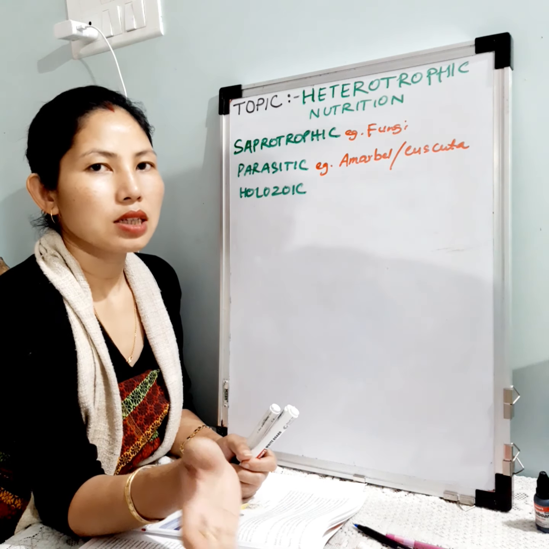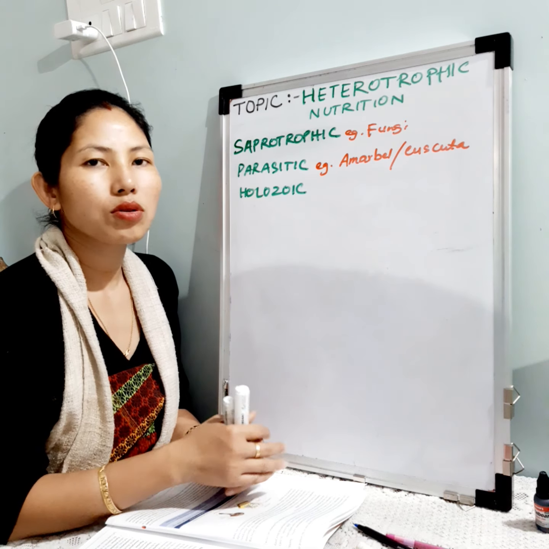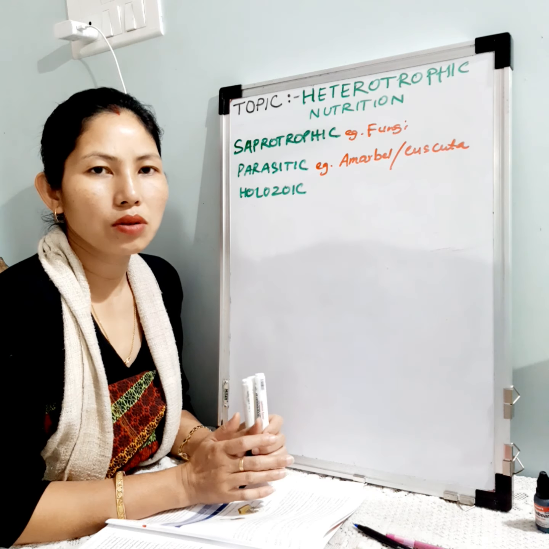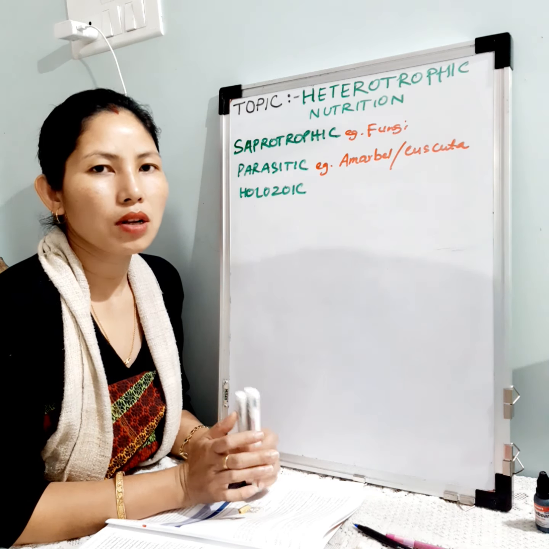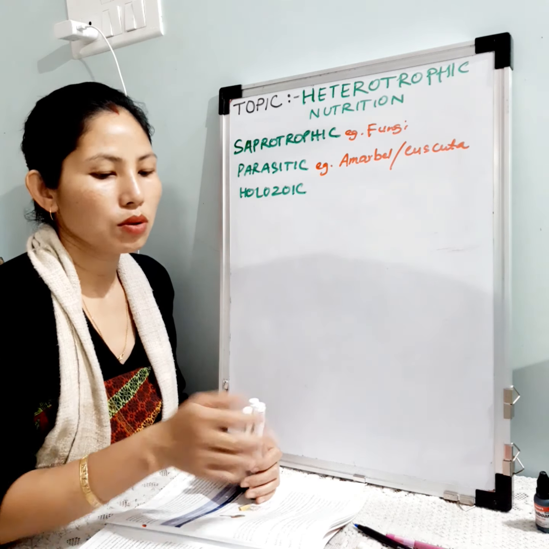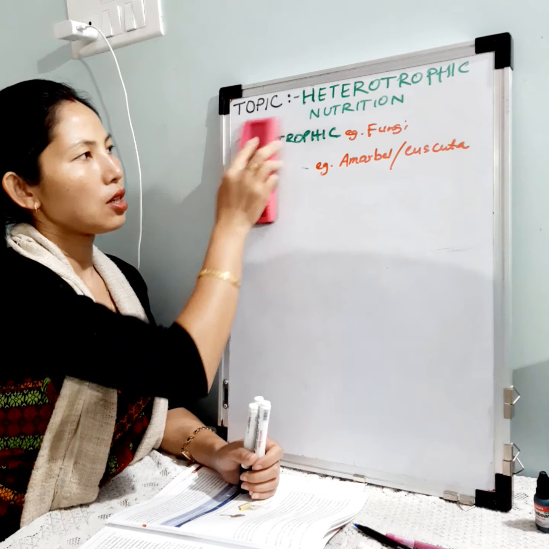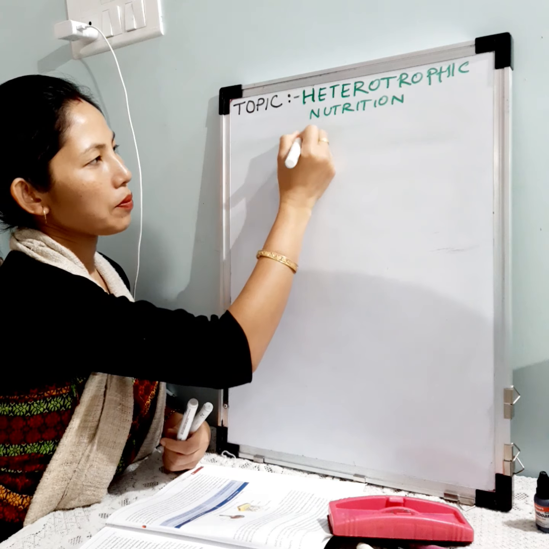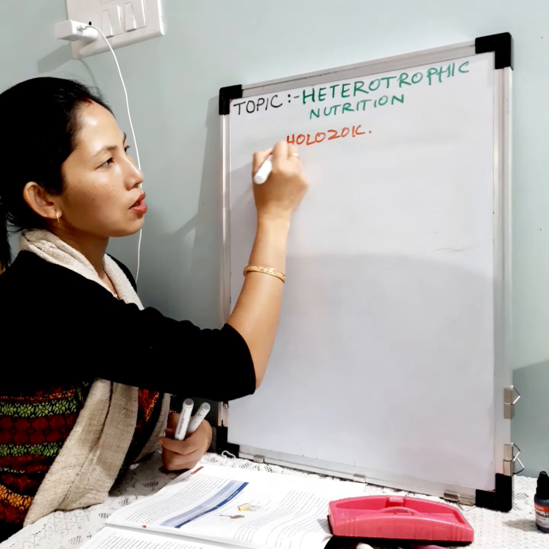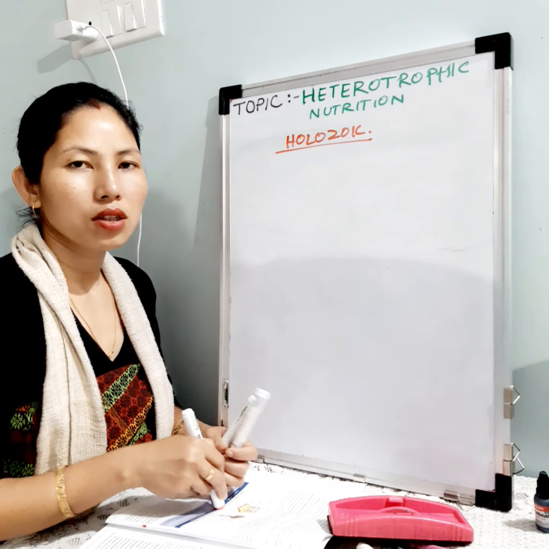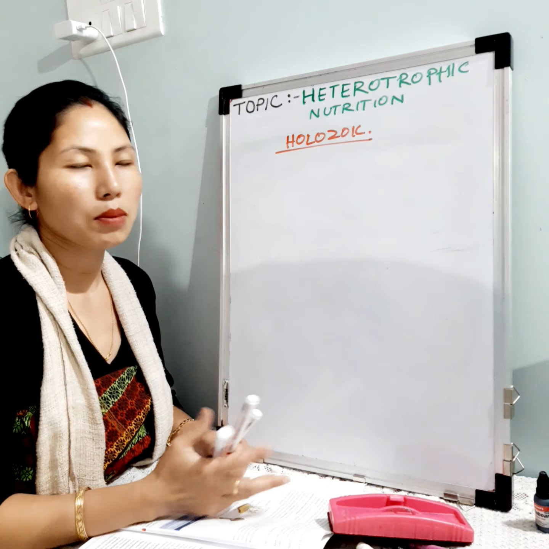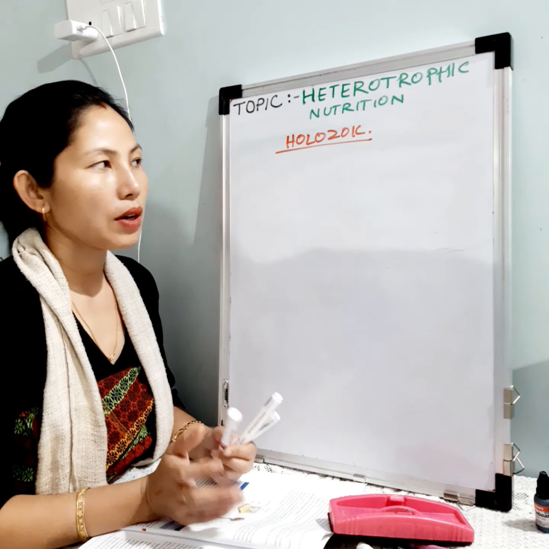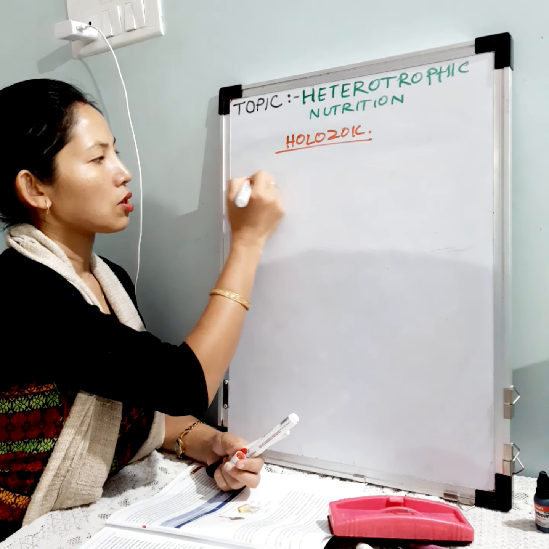So now let us discuss in detail how this holozoic mode of nutrition is followed. This holozoic nutrition is common for both unicellular as well as multicellular organisms. Okay. So as I said, this holozoic nutrition is shown by both unicellular and multicellular organisms, and it has 5 basic steps, right? The 5 basic steps of holozoic nutrition include ingestion,